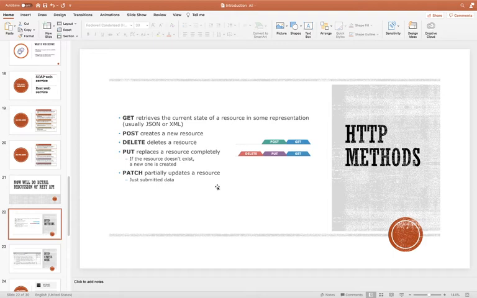Okay, so ideally we have some standard, like if we want to retrieve a resource, then we should use the GET method, and if you use the POST method, then he will misunderstand what your API exactly does. So you should always use the most appropriate method.